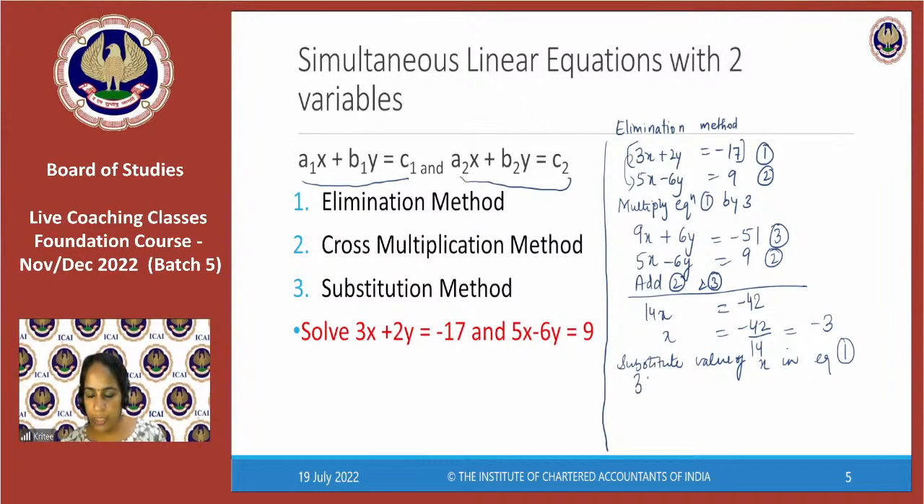So 3 into x is now minus 3 plus 2y is equal to minus 17. So minus 9 plus 2y is equal to minus 17. 2y is equal to minus 17 plus 9. That is minus 8. So y is equal to minus 8 by 2, which is minus 4. So this is how an elimination method works. Under elimination method,